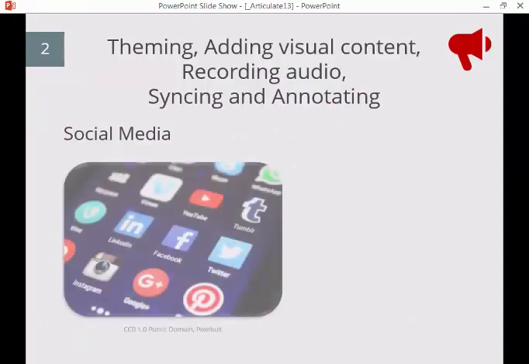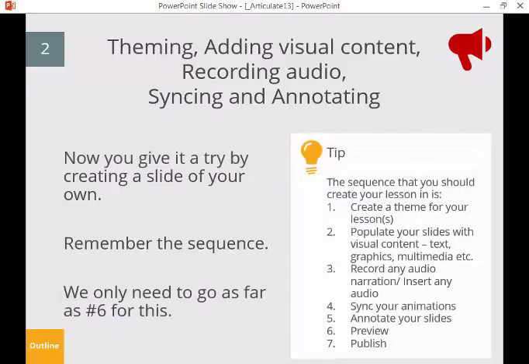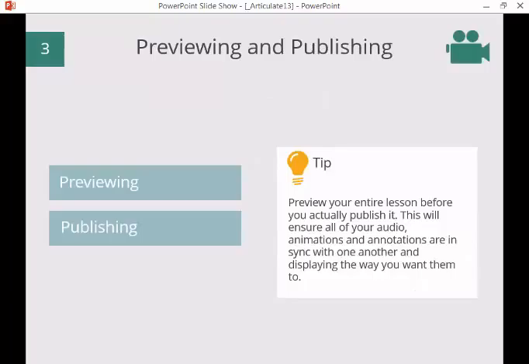And I think, to be honest, it's just a matter of following that sequence, as I say. I was going to get you to give it a try, but there's no problem with that. Just to remember it. And really, I've only gone as far as point 6 for the moment, so I haven't done point 7. I haven't published it as of yet, because there's no need to do it for this particular outline. Moving on and looking at previewing and publishing really quickly, before we get to more of the fun stuff,